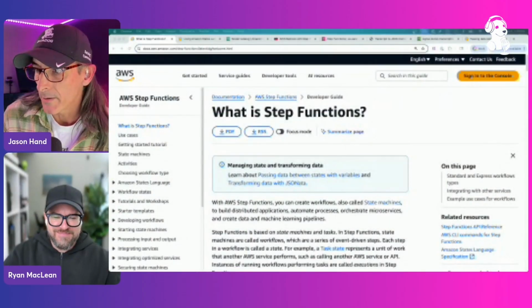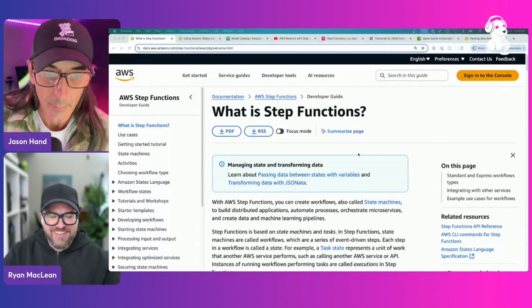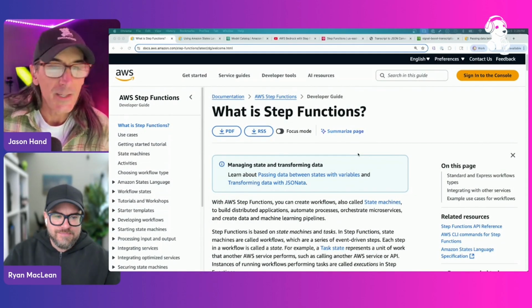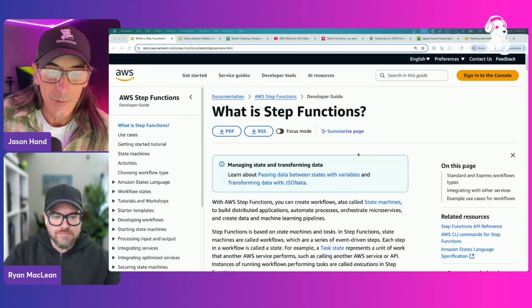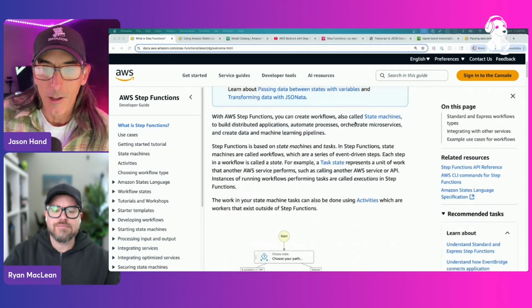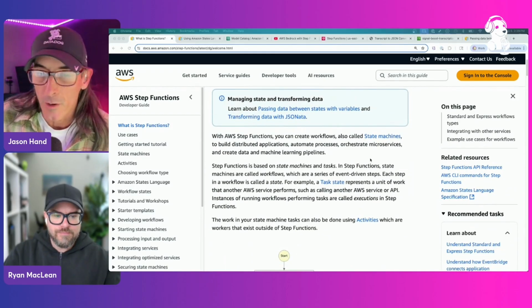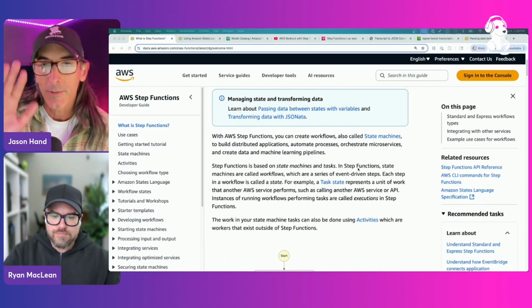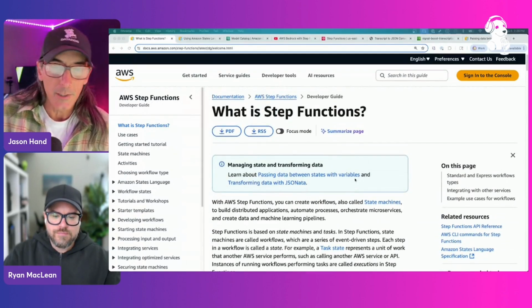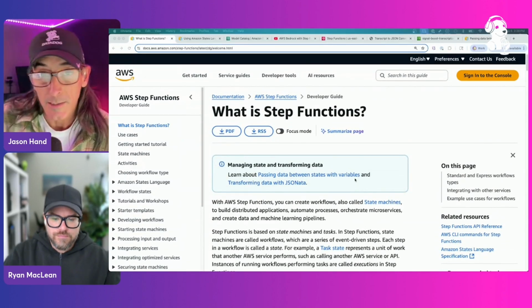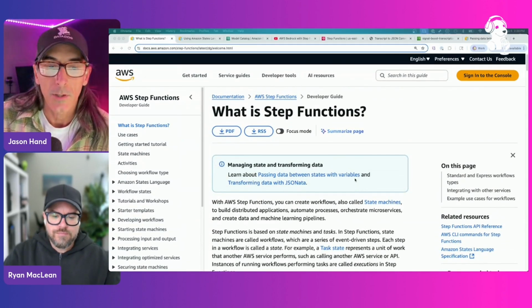Gotcha. Okay. Let me pull up some documentation to share about it. But yeah, Step Functions are these things within AWS that allow you to create workflows that you can see here in the documentation. They call them state machines. I know that's a foreign term for probably a lot of people who aren't familiar with the AWS ecosystem. But essentially, you're able to build entire workflows to do all kinds of neat stuff within AWS as well as